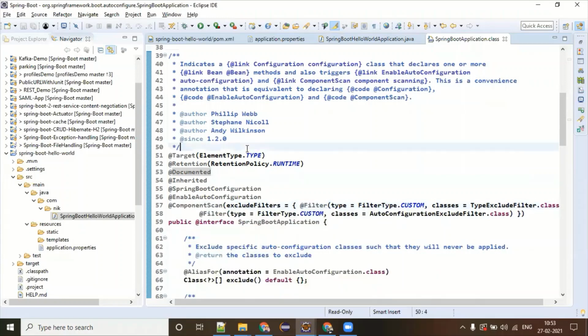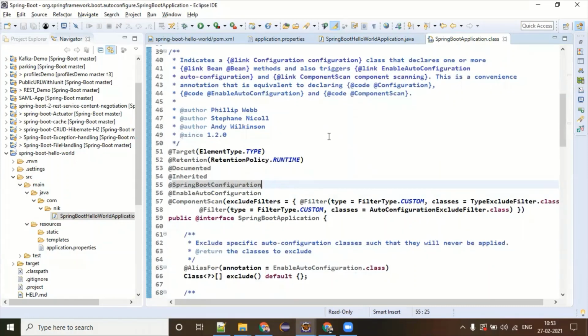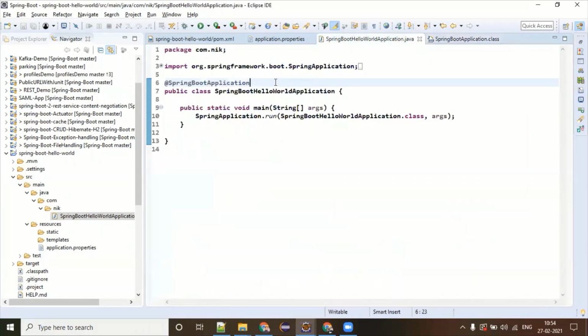In the initial version of Spring, when it came, you had to mention all these annotations on your Spring Boot class wherever the entry point was. But later the Spring people realized, why can't we give all this combination under the @SpringBootApplication annotation itself? That is the reason you now don't need to do anything additional like @EnableAutoConfiguration. These all come as part of the one annotation called @SpringBootApplication.